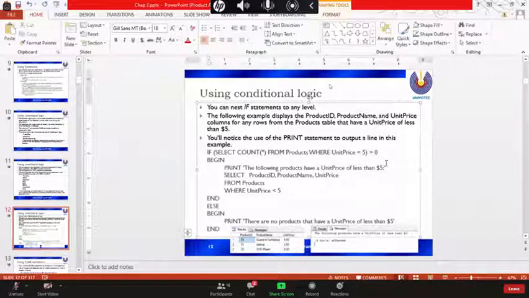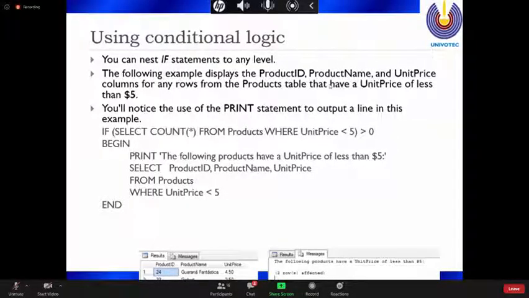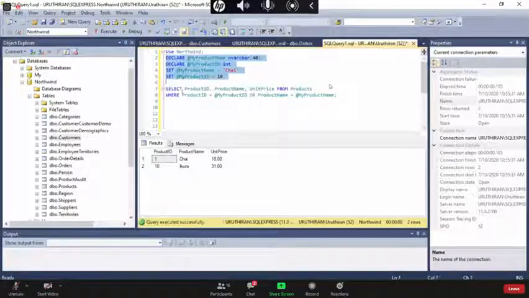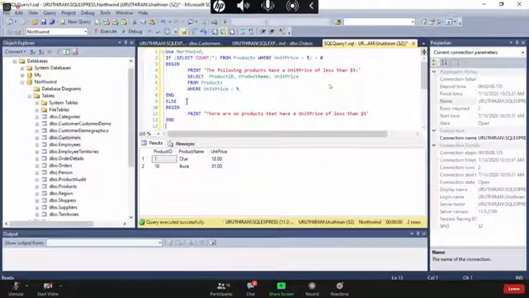Okay, next line. Select. This is another statement. Okay, then this line. We can run this one and check for another condition. Everywhere I use the Northwind database. If select count from the product table where unit price less than, then here we can get